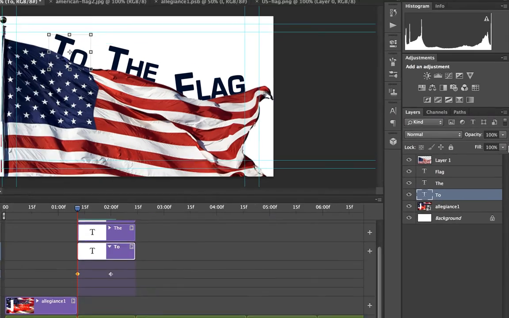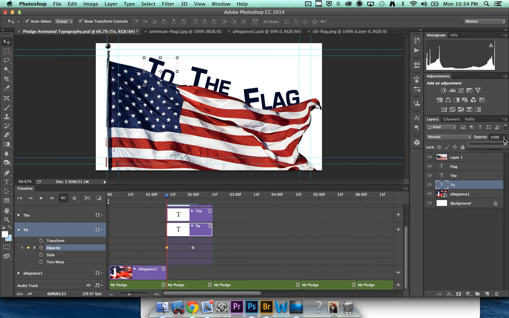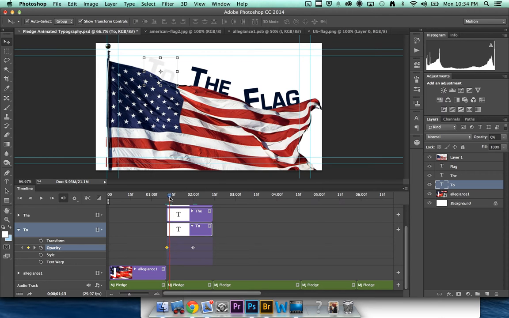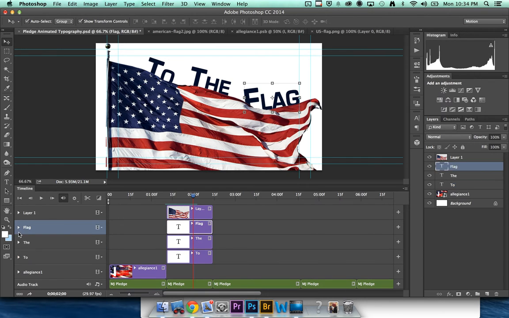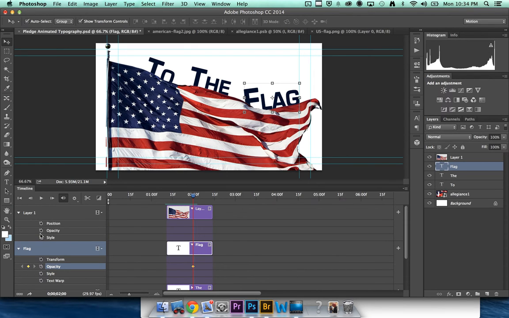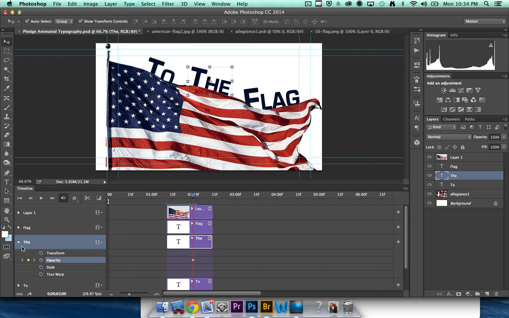the opacity setting is actually all the way over in the layers palette. You're used to it there, but maybe kind of forgot about it in Motion, and I just drag that all the way down, and now you can see "to" is gone, but as it comes in, by the time it gets to that next keyframe, it's all the way visible. So I'll do it real quick again. Flag, we just turn it on for that, and layer 1 is actually that flag, so I don't need that. I need the, and I just like to set all my points at the end first, and then go back and